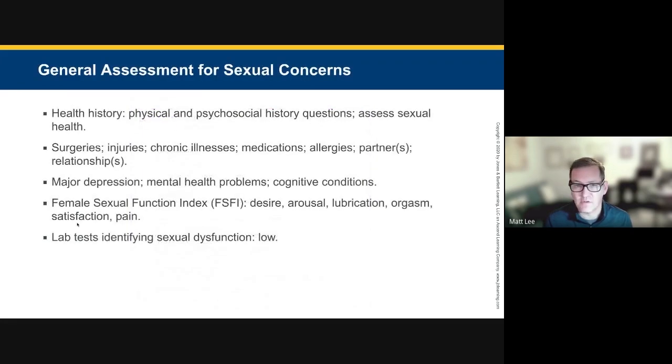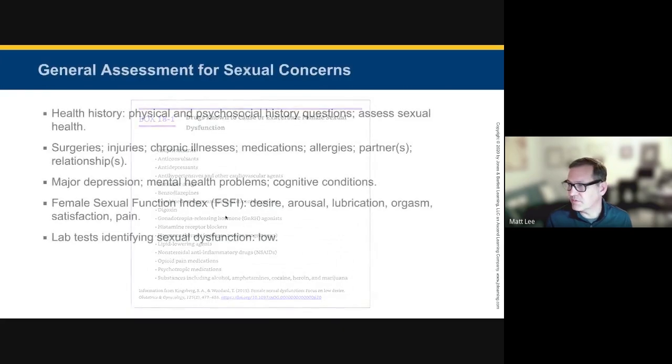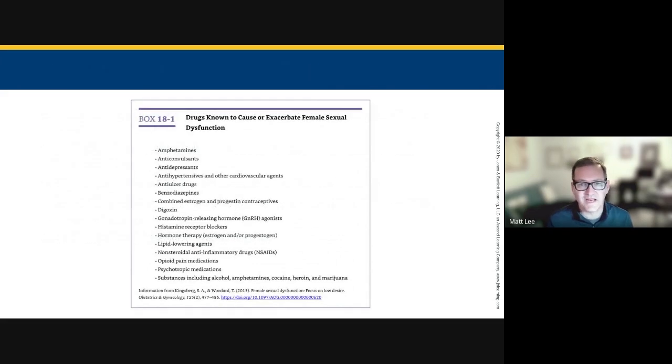And look at some of these. Gonadotropin releasing hormone. Well, why is somebody on that? Well, there's reasons for this. They probably have, especially if they're younger, they have fibroids or they have endometriosis, other things that are going to add to it as well. Hormonal therapy. Yeah, why are we taking it? Probably because you have a hormone deficiency, pain issues, mental illness, substance abuse affecting relationships likely. So there's a lot of comorbid issues going on here.